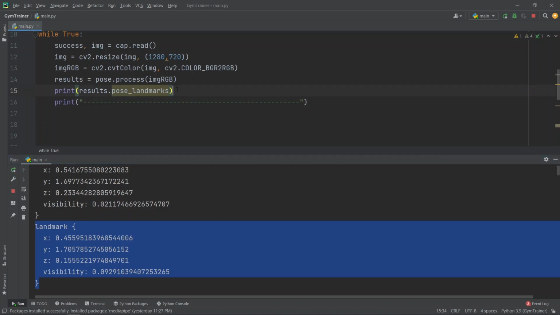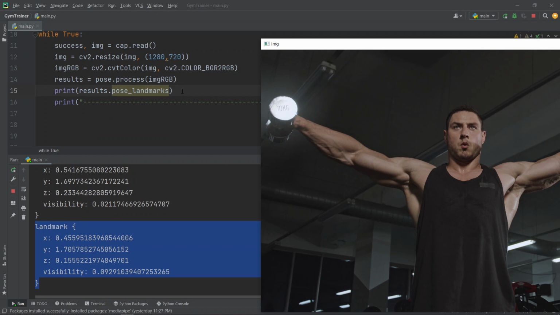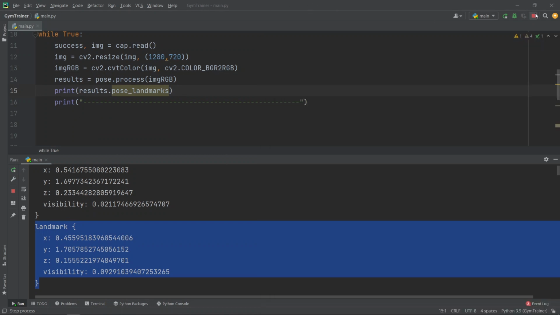Next, after getting the landmarks, we have to check whether we are getting the landmarks or not. Right now you can see that we are working on a video, so there is no possibility that we are not getting the person. But if you work on a live camera, there is a chance that no one is standing in front of the camera. In that case, if you try to extract landmarks and create a list of landmarks, it will throw an exception.